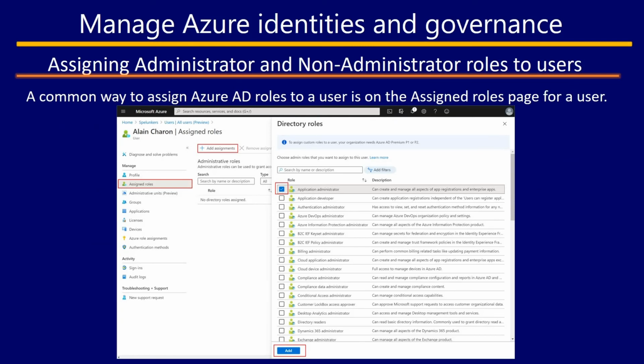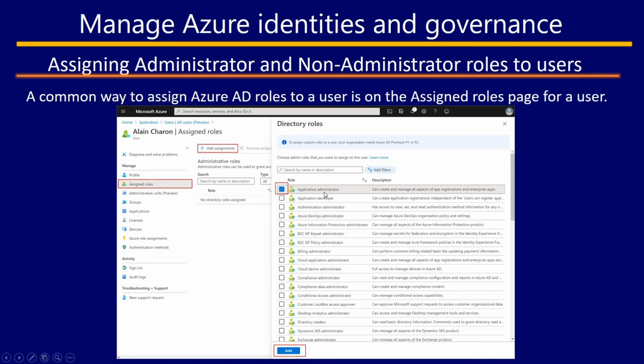Assigning administrator and non-administrator roles to users. A common way to assign Azure AD roles to a user is on the Assigned Roles page for a user. So here you can see from the Assigned Roles blade, we can click on Add Assignments, and there we can see that there are directory roles, and we can add any roles from the directory roles section, and we can check the checkbox.